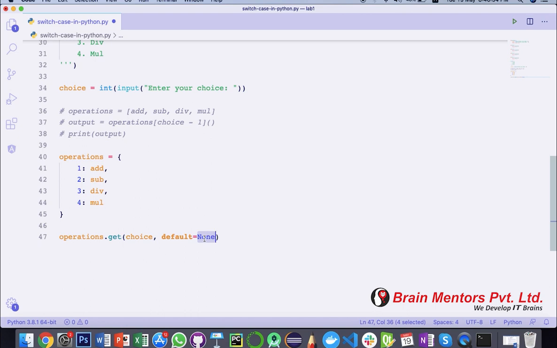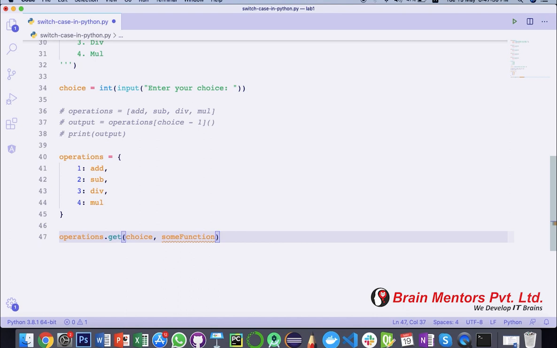Default means that if the key is invalid and I'm not able to find anything, like it happened in the list, it just gave the error of list index out of range. So that is not cool. We want that instead of giving that error, it performs something else. It just gives some error message like the operation is not successful, or the input that you gave is wrong, something like that. So instead of giving None back, we are going to give some function name here, which is going to handle whenever the key is invalid.